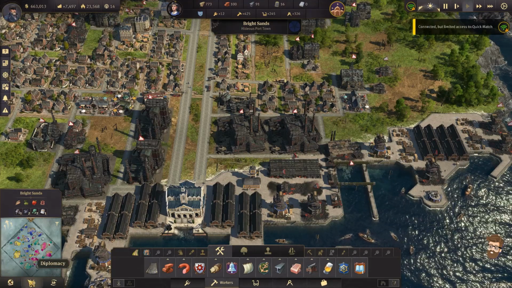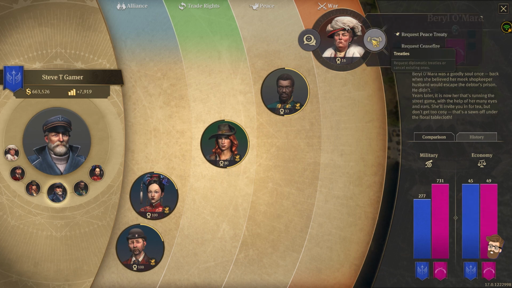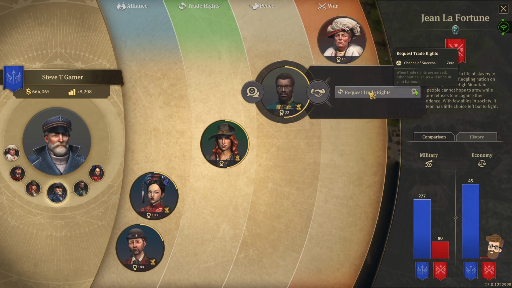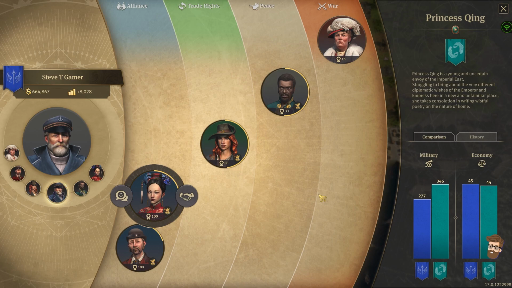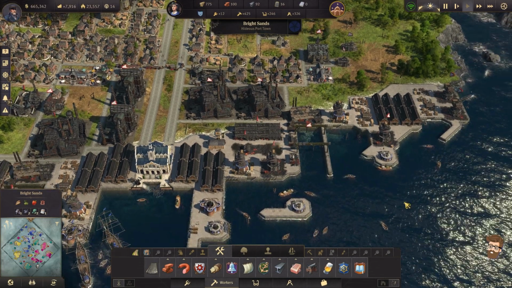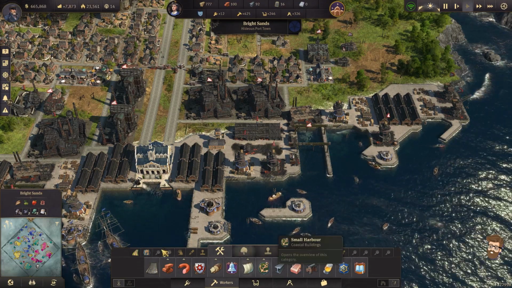Let's see, am I still at war with Beryl? Are you gonna just knock this shit off? No. Jean LaFortune. No trade rights happening. Don't want to do that, but I've got non-aggression pacts with these folks for another hour at least, so I'm going to take that as it is. What I was seeing was one of the most ridiculous...